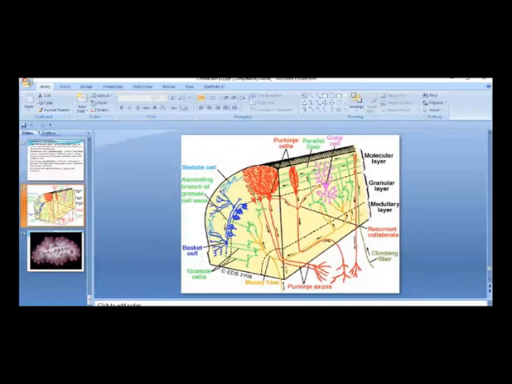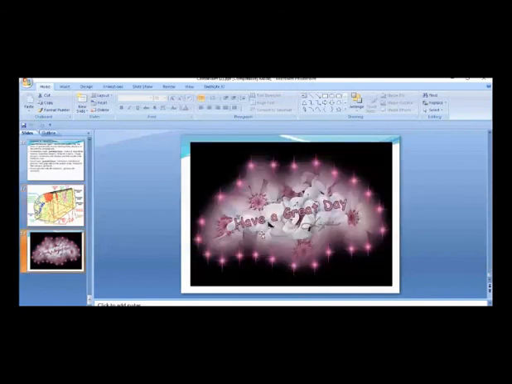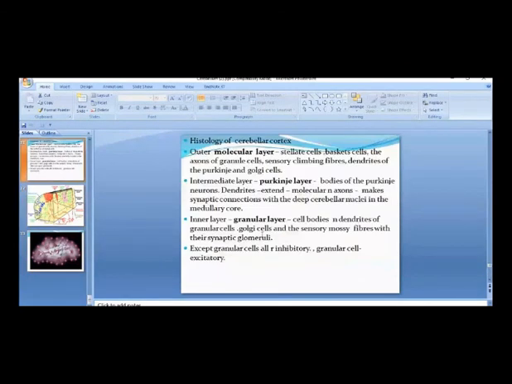What are the connecting fibers? These are the mossy fibers. These are the granule cells. The body will be present here, the dendrite will go above and the axon will come here. Similarly, in the case of granule cells also, the ascending branch of the axon will go to the molecular layer, whereas the body is present in the granular layer. So first what you have to do is divide into 3.